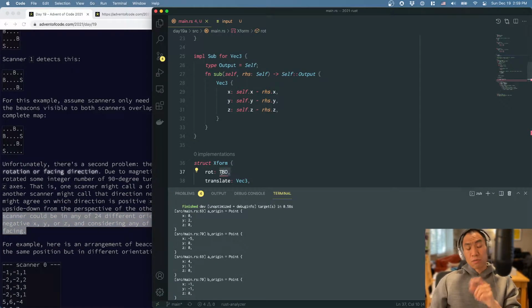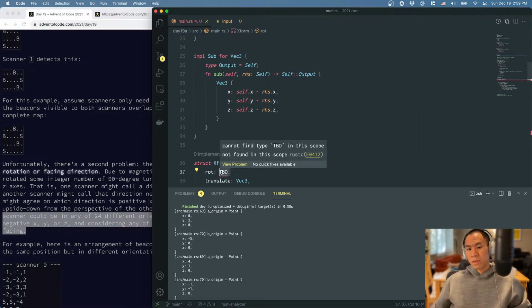So how do we come up with a representation of rotations that is unique? It has 24 exact possibilities. And it's not so much that it's an absolute rotation that we care about, it's really more of like a transition from one facing to another facing. We'd also want to know how to do the opposite of that transformation as well. If we did do it in terms of rotations around the x-axis, y-axis, and z-axis, the only problem there, we know how to reverse that easily because we can just,